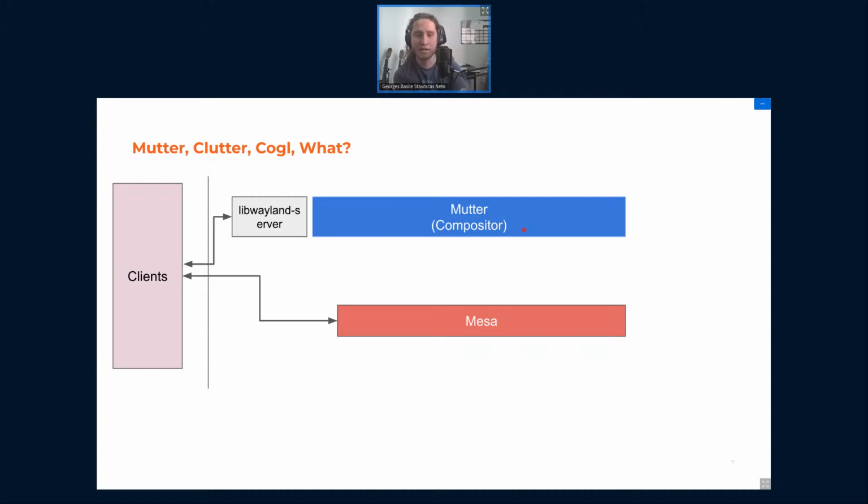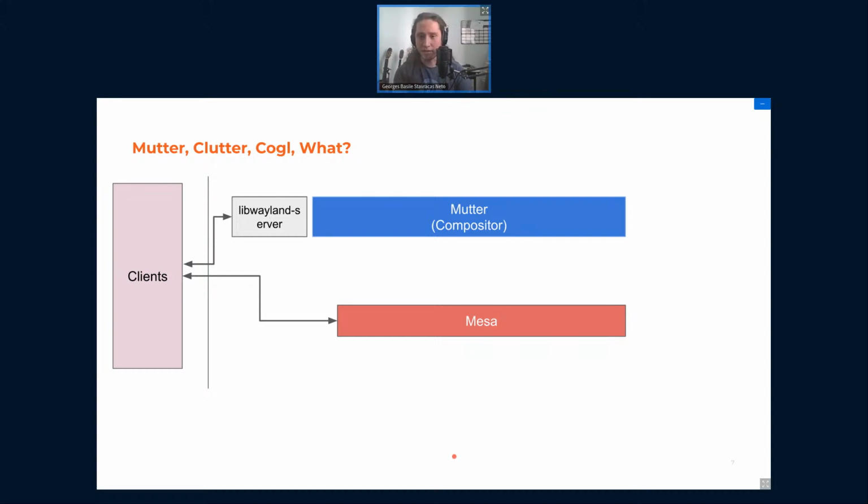Clients draw stuff on a frame buffer using Mesa or another free and open source graphics driver, and send this buffer to Mutter, which then composites it with a background, in the case of GNOME Shell, a top bar, and some window management stuff, some cool effects when you minimize or maximize your window, or when you drag them around and do all sorts of crazy stuff with it.